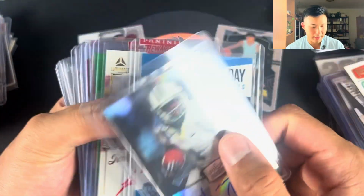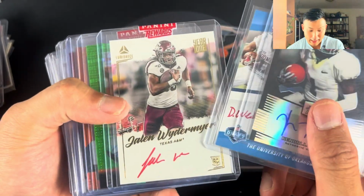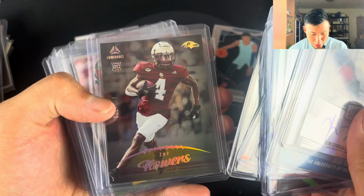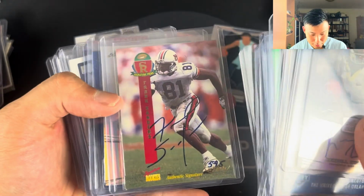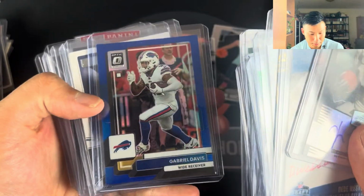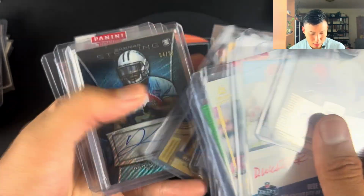All right, let's keep breaking this down. Giving myself a limit here. I think I'm only going to get through 25% of this collection. So, yeah, I don't want to bore you guys. Peyton Manning, Randy Moss, Andre Branch, Zay Flowers, numbered rookie. That is Frank Sanders, Tony Lippett, Gabriel Davis. So Rakeem Boyd, Wandale Robinson,